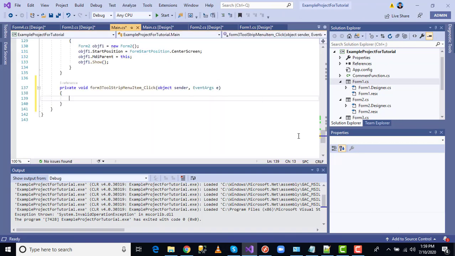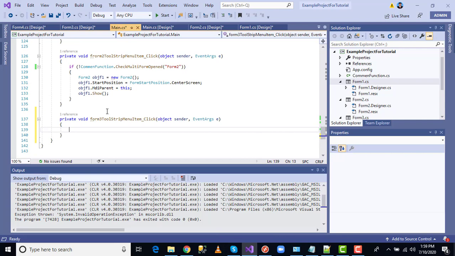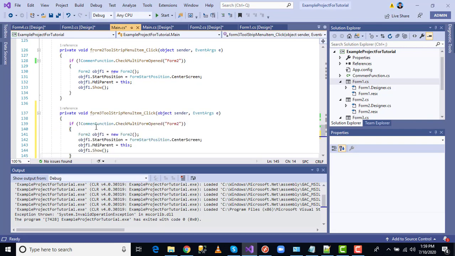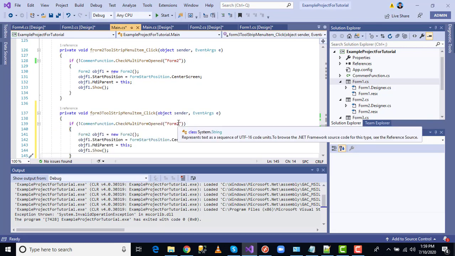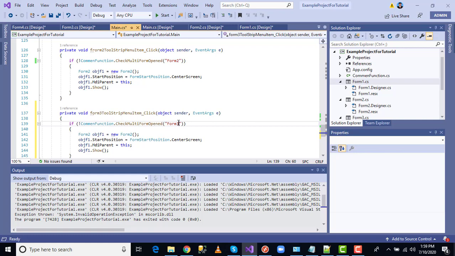Now I'm going to copy all this code and then paste it to form 3. Okay, this is the form 3 button click event, so I declared here also the name of form 3.